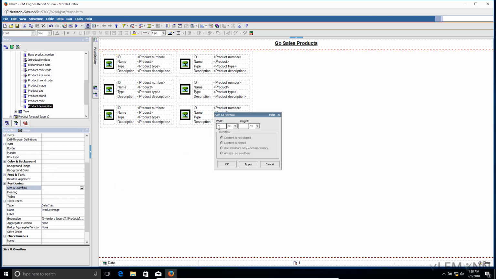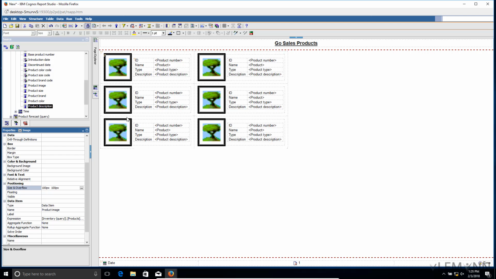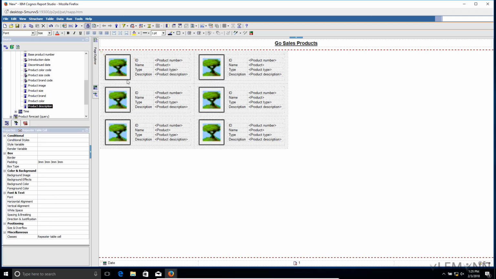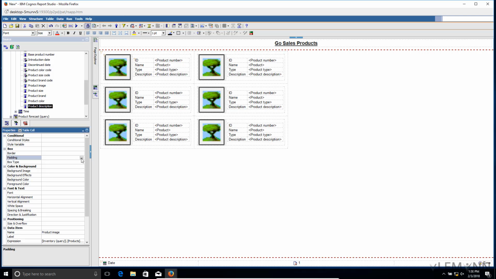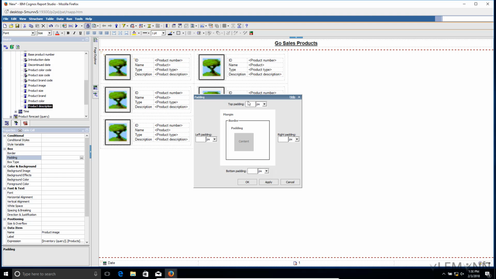I'm going to select 100 pixel and height 100 pixel, apply, OK. And I want to add a padding for the first cell. So I'm going to select my cell 1, and then I'm going to add a padding. I want a padding of, let's say, 5 pixel,